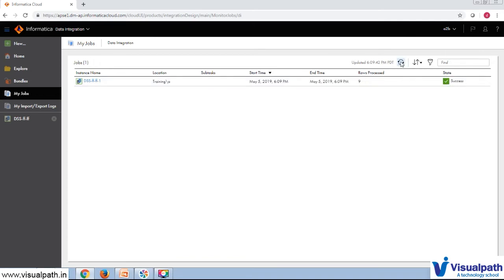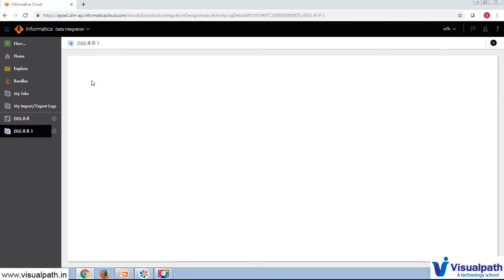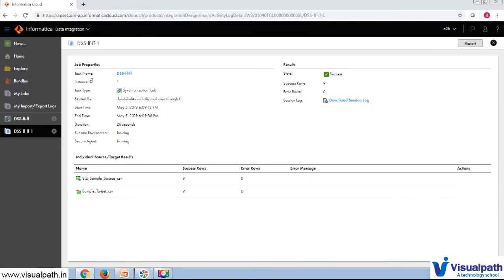Okay, see, we have 9 records in the source and we have successfully loaded the 9 records into the target. If you want to see the statistics, you just need to click on the particular instance name, and here itself you can see. From the source we have received 9 records, and in the target we have loaded 9 records.